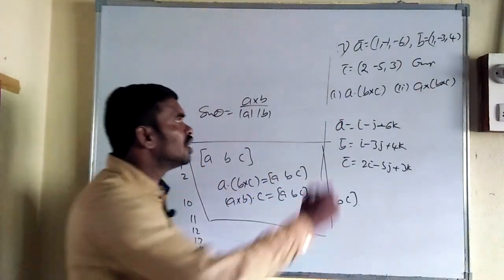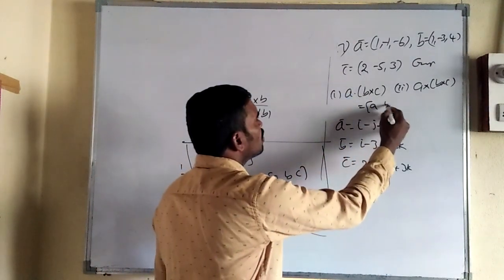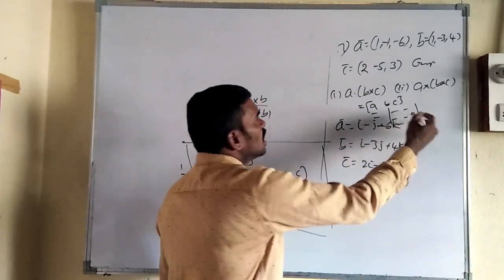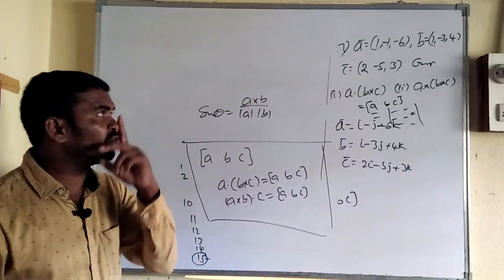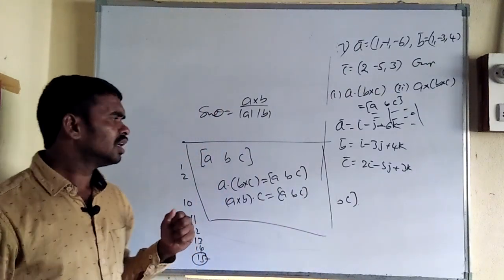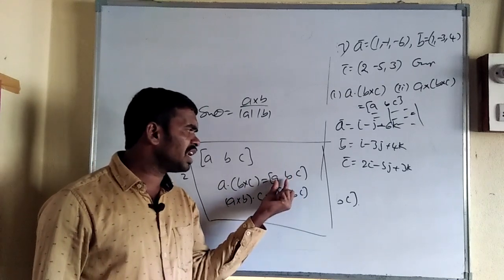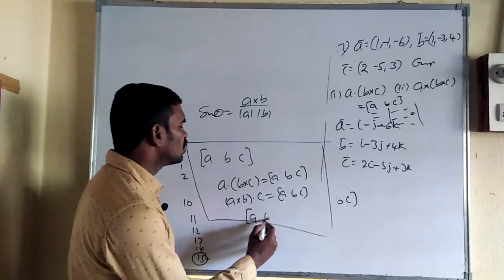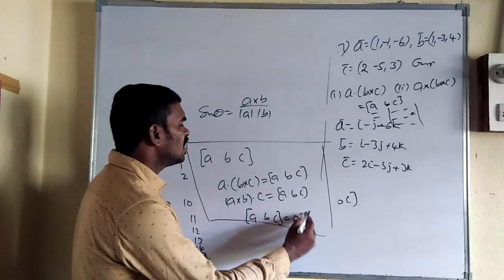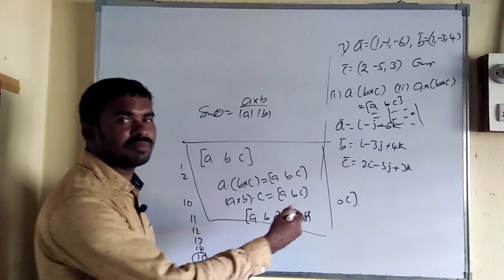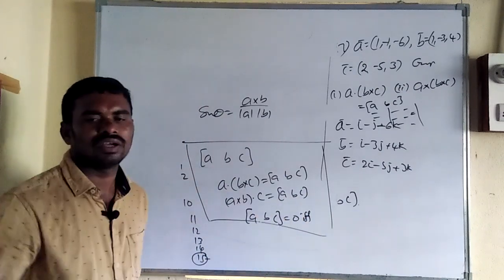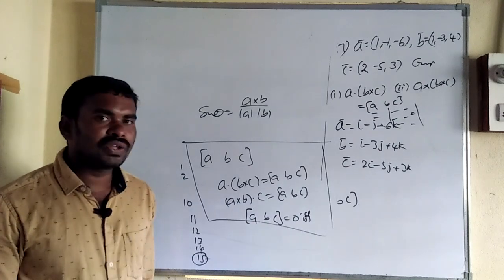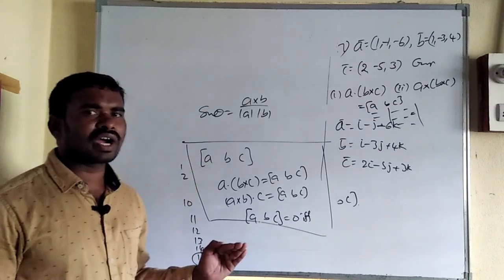Otherwise, directly you can do a dot b cross c, which means box abc. Box abc means the determinant of a elements, b elements, c elements, and find it. That also we can get. So two ways. And one more point: in this box abc, if any two vectors are parallel, then box abc is equal to 0. When? If any two vectors are parallel, either a and b are parallel, or b and c are parallel, or a and c are parallel. Okay, these are the important points which I reminded you, and repeated again.